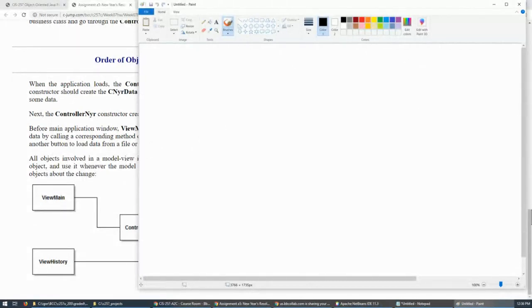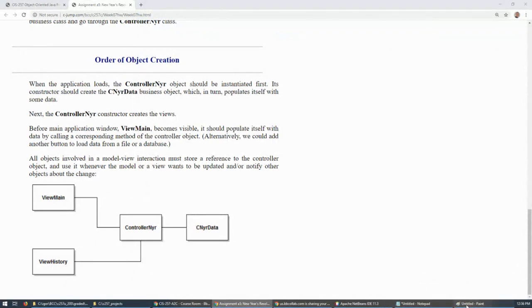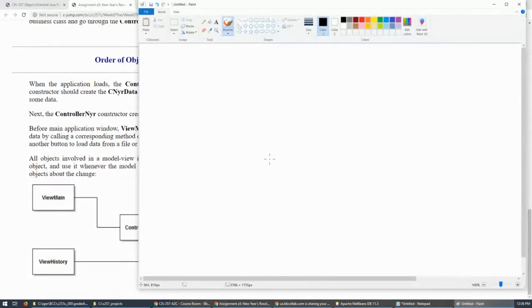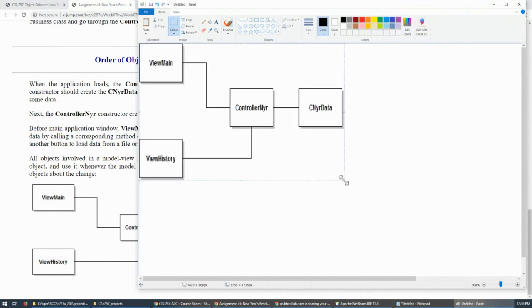I'll just copy and paste this little diagram at the very bottom of our